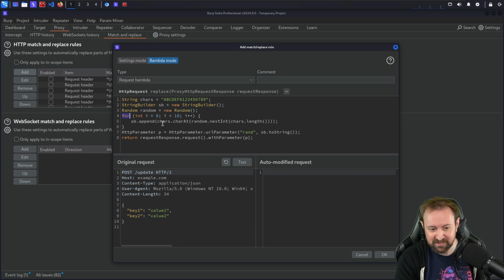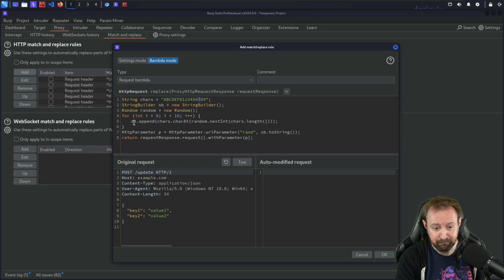What we're going to do then is use a for loop, and we're going to iterate over the numbers 0 to 9, because it's i less than 10. So 0 to 9, 10 numbers. Then for every single iteration, we're going to append to our StringBuilder a random character from this string. Effectively, all this code uses random.nextInt, selecting an integer from the set that matches the length of the string, and then just converts that back to the character, right? So we're randomly choosing a point in this string and selecting a character from it,